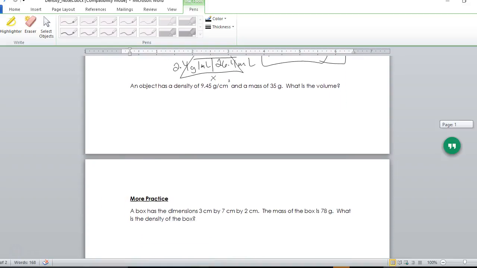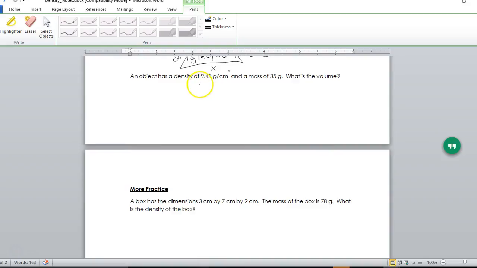All right, next one. An object has a density of 9.45 grams per centimeters cubed and a mass of 35 grams. What is the volume? Okay, mass 35 grams, density 9.45 grams per centimeters cubed. So what is the volume? Okay, so 35 is on top of 9.45, so we're going to multiply or divide. We are going to divide. So your volume is equal to 35 divided by 9.45, and you will get